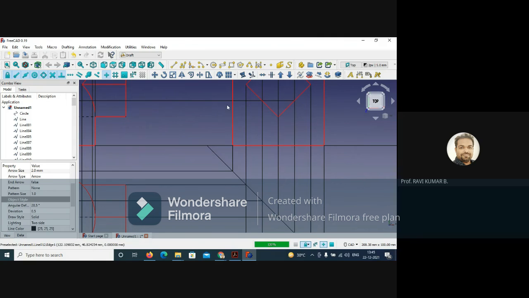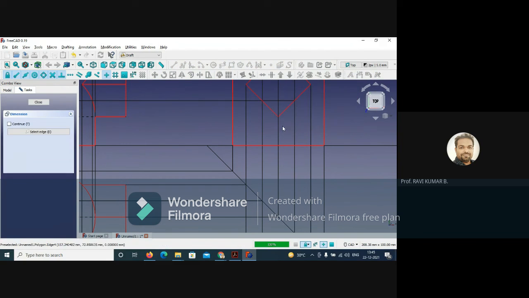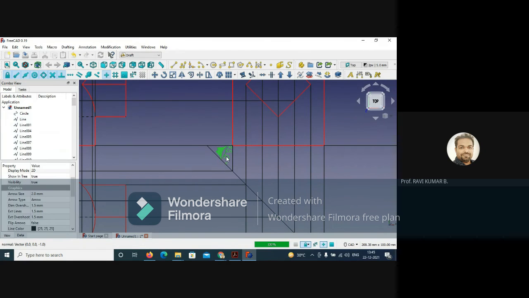Give the dimensions now. For angular dimension, you have to select this one, and with alt you have to select this point and this point. You need to put the angle. So you can keep it over here. Now you change the font size. That's all. So font size, this as 1, and type of arrow you can keep at circle. Okay, font size for this, 45 also you can change.